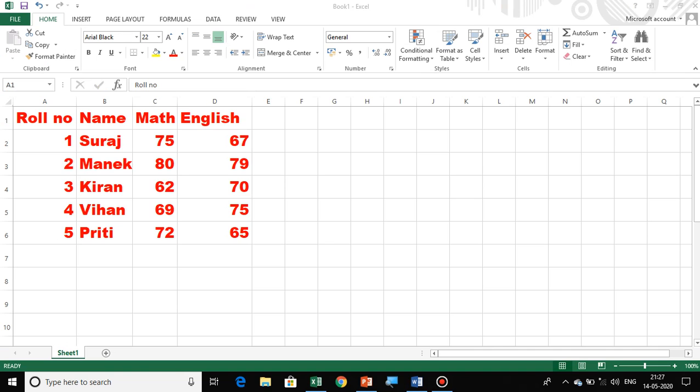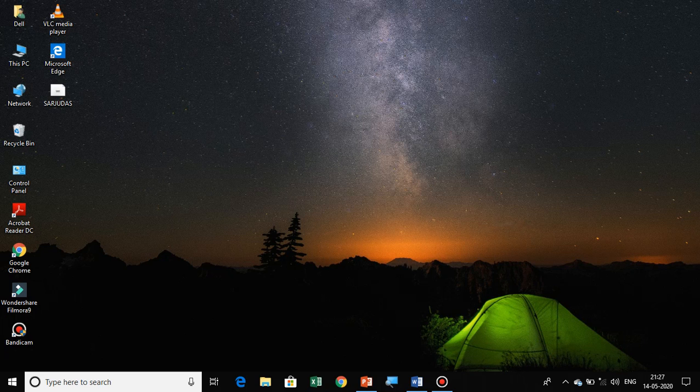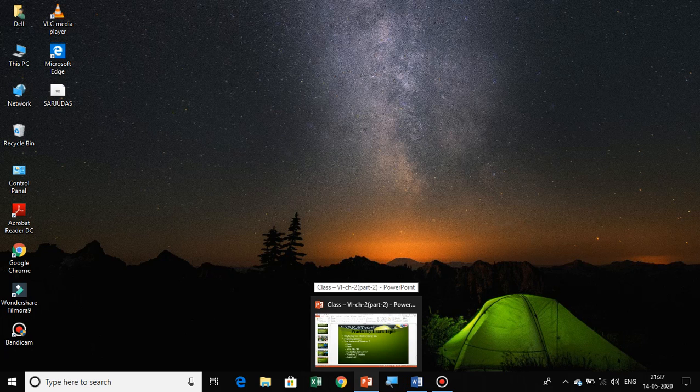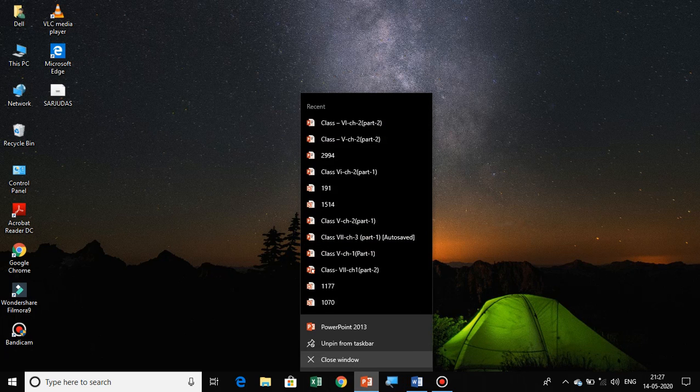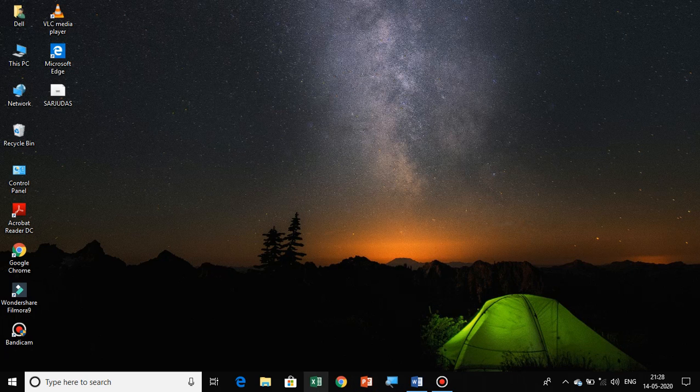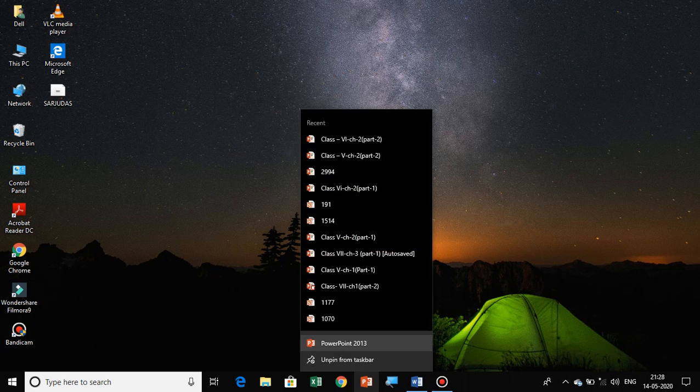Then next one is Jump List. Jump List means what? There are so many windows open here. I just closed them. And I want to see my frequently used files in PowerPoint. So just go there, right click, and you can see frequent and recent files. You can see the option of recently used files, meaning which files you frequently used in the last few days, hours or minutes. Directly from here you can go to that file.